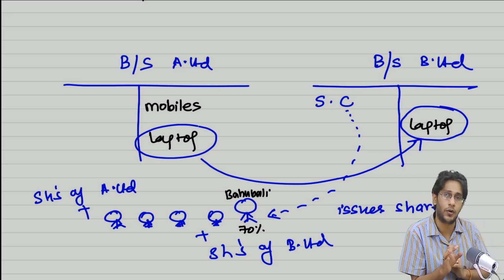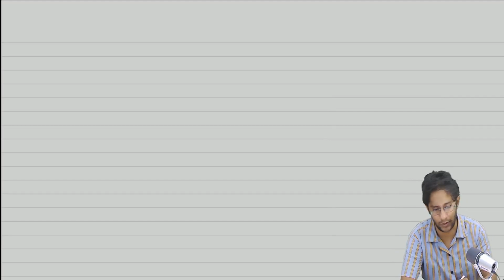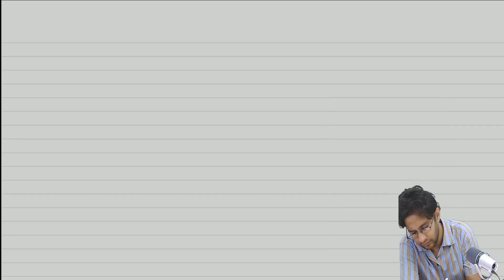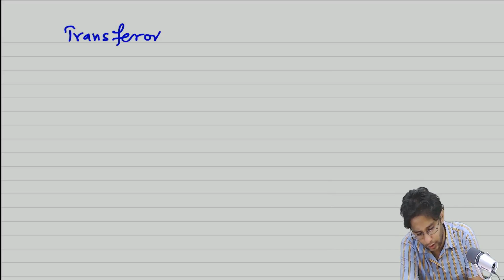So if it's a common control transaction, how do we account for it? For that, you have to apply the pooling of interest method. I will roughly tell you how the pooling of interest method works. Then later on, I will link it up with whatever you have studied in your CNT. So we don't use the words acquirer, acquiree. We call them transferor and transferee.